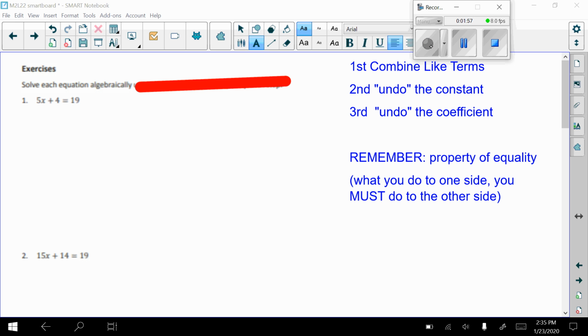Okay, so combine like terms. There are no like terms on the left side to combine. There are no like terms on the right side to combine. There's nothing to distribute. So I move on to step 2, undo the constant. What is my constant? It is the 4. So in this case, I'm adding 4. So how do I undo add 4? I subtract 4. So I write the original problem,